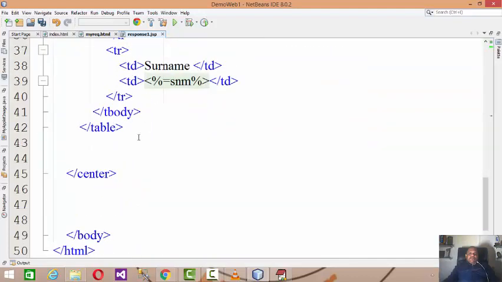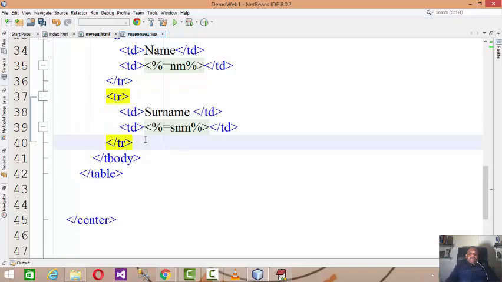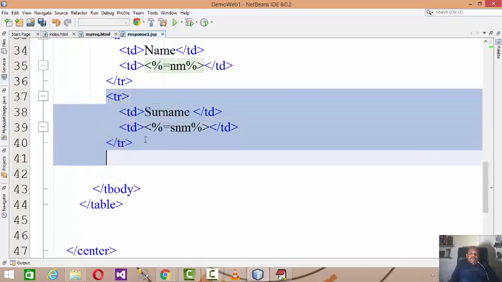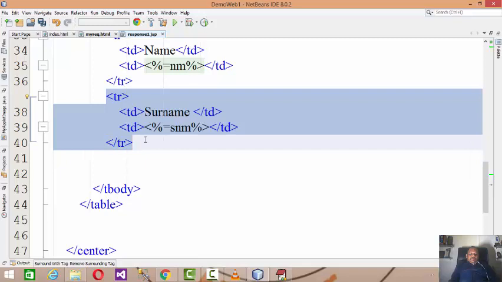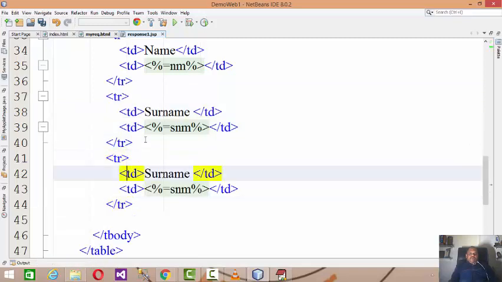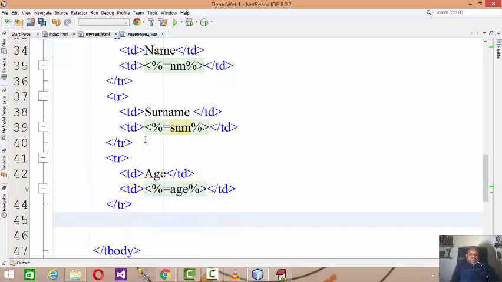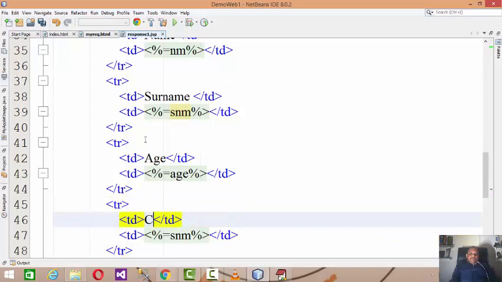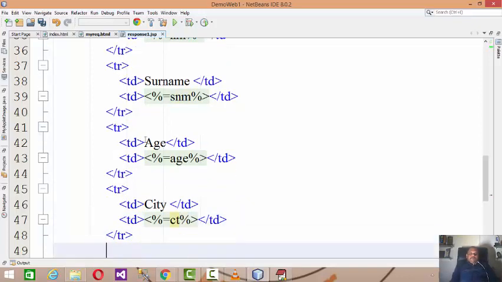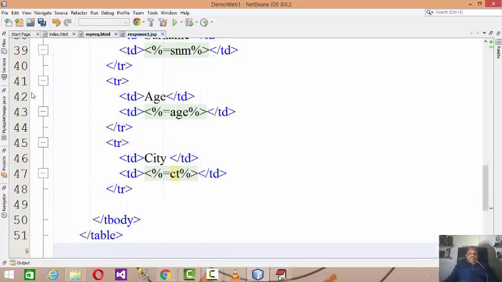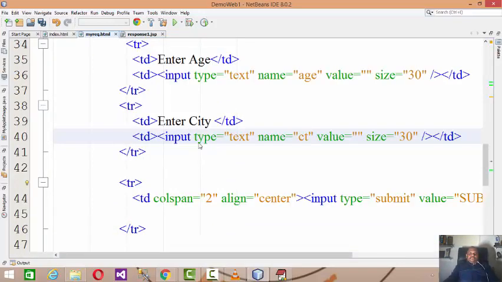Let us firstly print what values get posted to the server. I'm just copying the same code over here to save time, and then I'm having age and city. And just run the code again.